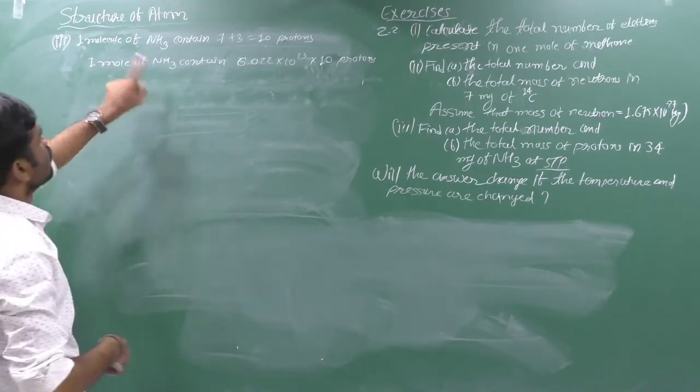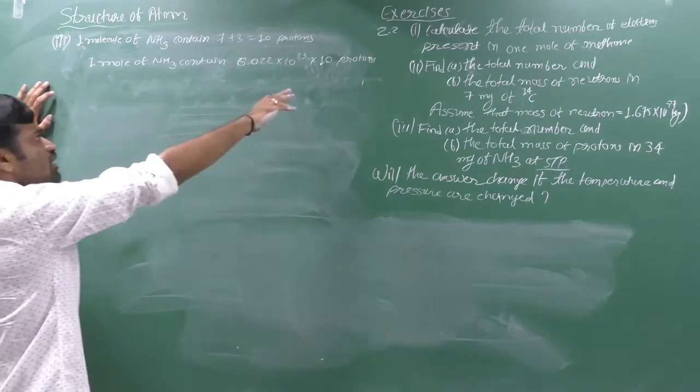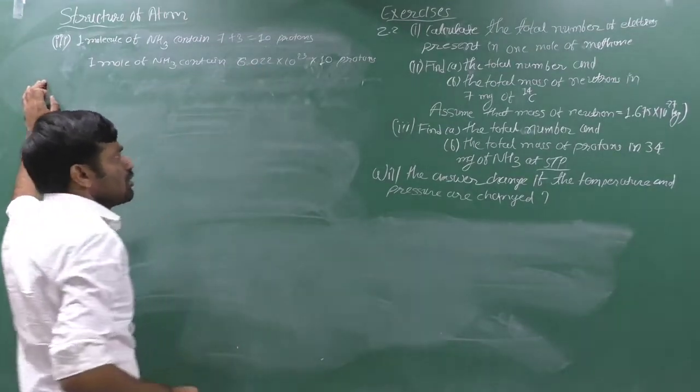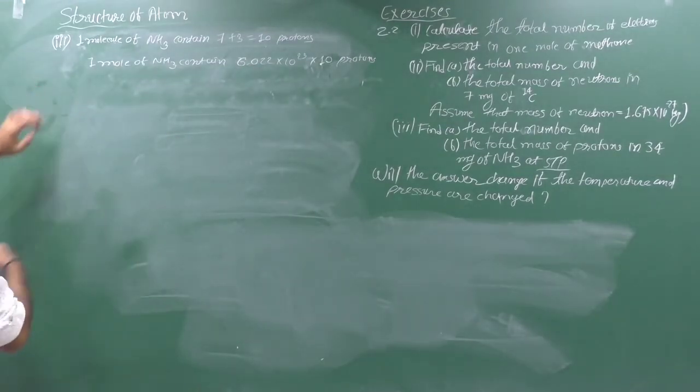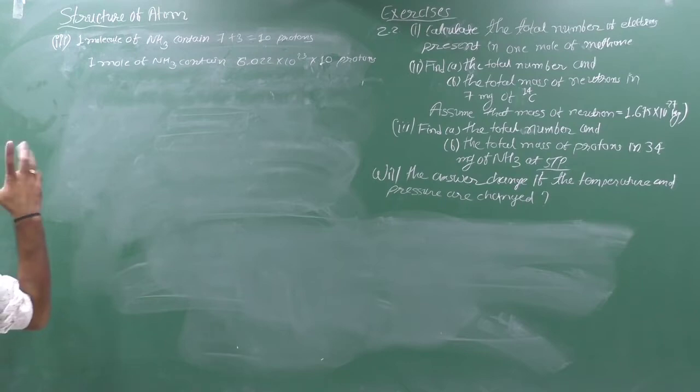So 1 mole of ammonia contains 6.022 into 10 raised to 23 into 10 protons. Clear? Now 1 mole of ammonia means 17 gram of ammonia, because the atomic weight of nitrogen is 14 and the atomic weight of hydrogen is 1. According to this, the molecular weight of ammonia is 17 gram. Therefore, you can say that